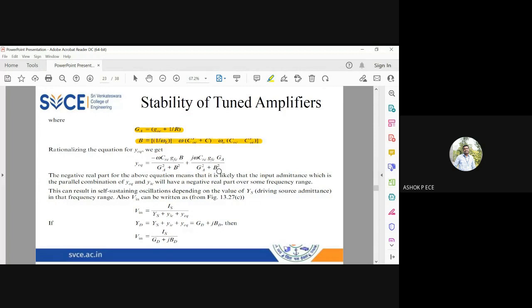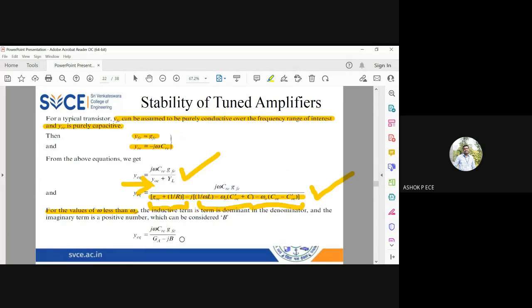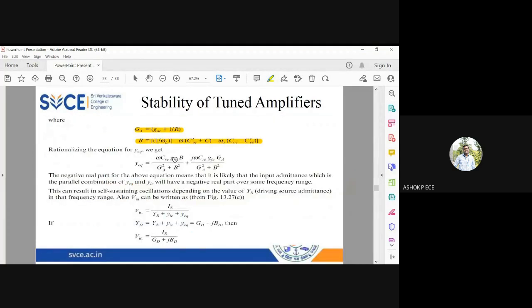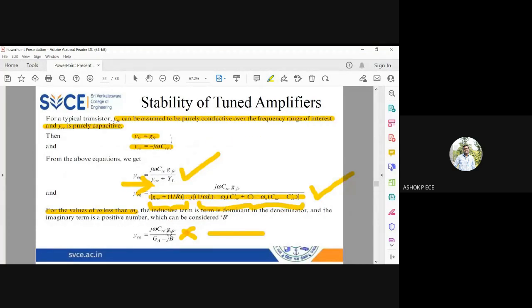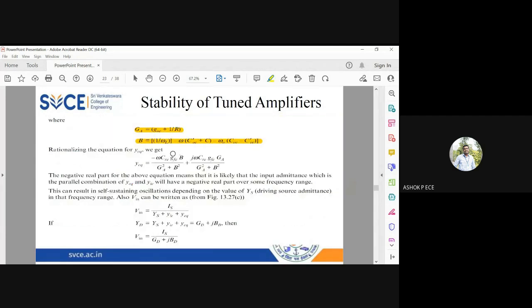Whenever you have a complex term in the denominator, we always multiply and divide by the conjugate. So I am going to multiply and divide by G_A plus jB, and in the denominator you expand using the (A plus B) into (A minus B) formula, and you can expand, simplify and split into each